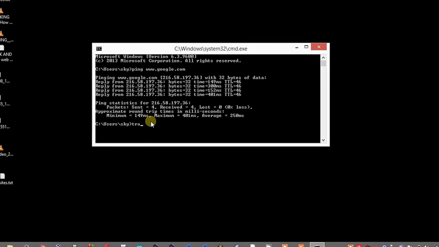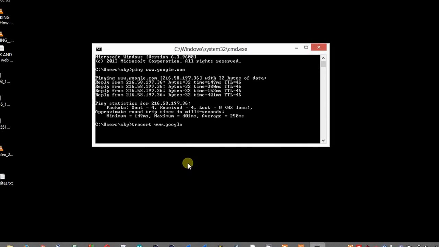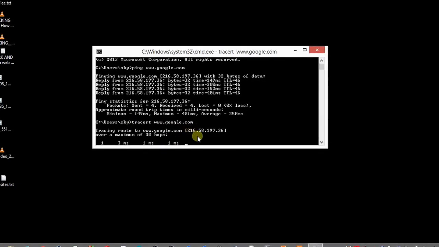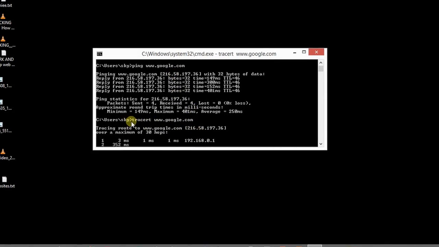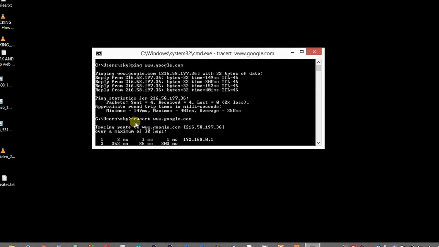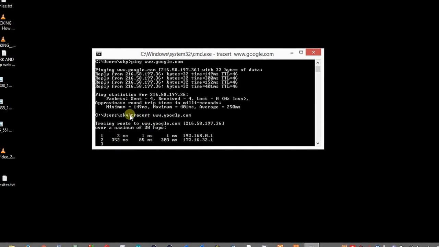Another command is called tracert, TRACERT, space, followed by the name of the website, google.com. Press enter. Here also you can see the same IP address, but the command is different. This tracert command is used to check the hops, basically how you are connected to that website.